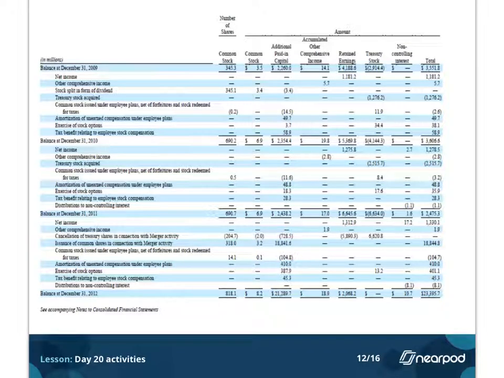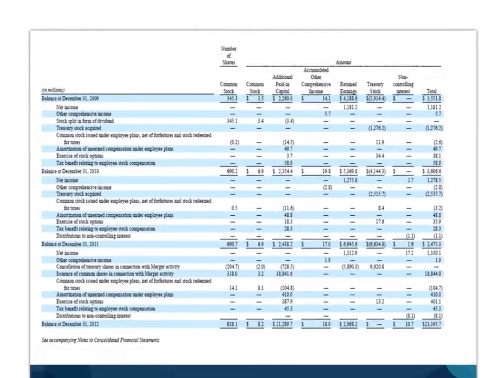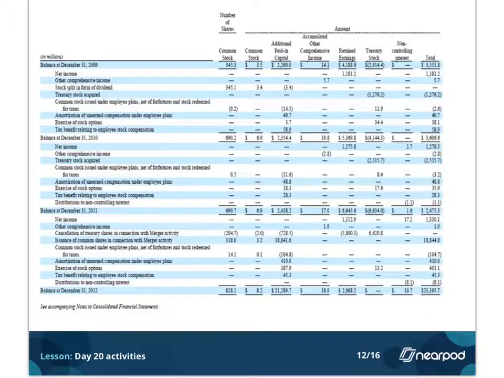And then we finish off with looking at the statement of shareholders' equity. So in the statement of shareholders' equity review here, this activity, we're basically using a statement, and I'm asking you some questions. This is an Express Scripts statement. It doesn't say that, but I recognize it. Okay, so I ask you some questions in the activity about this, and those questions have to do with